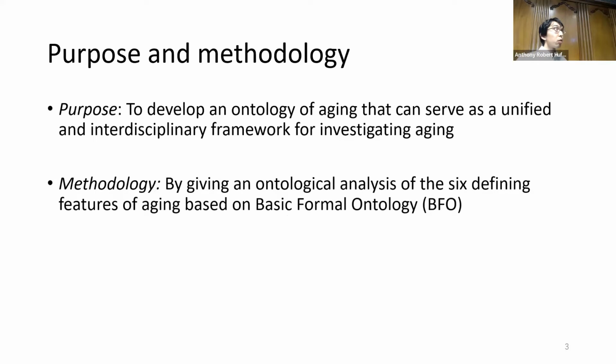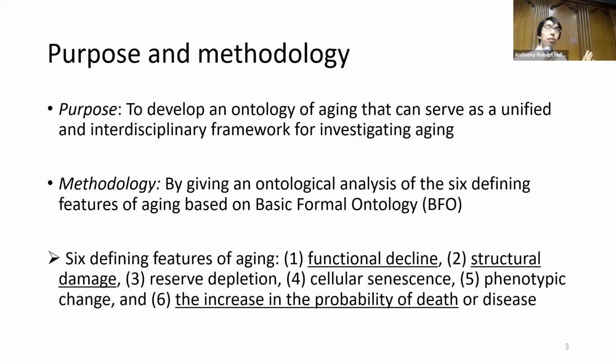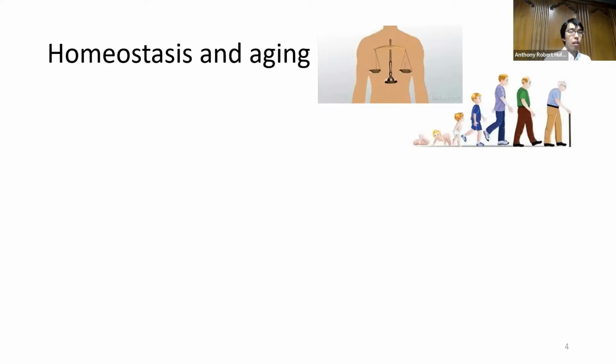To achieve this goal, we adopt the methodology of giving an ontological analysis of the 6 defining features of aging based on the upper ontology, Basic Formal Ontology, or BFO. By 6 defining features of aging, we mean functional decline, structural damage, reserve depletion, cellular senescence, phenotypic change, and the increase in the probability of death or disease. For time reasons, in this talk, I focus on functional decline, structural damage, and the increase in the probability of death. Then let me start with homeostasis,